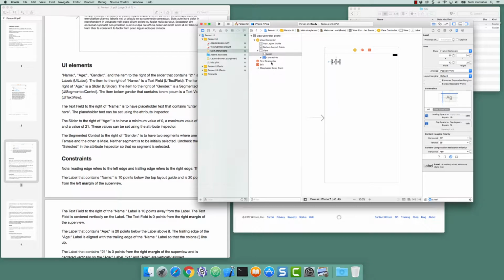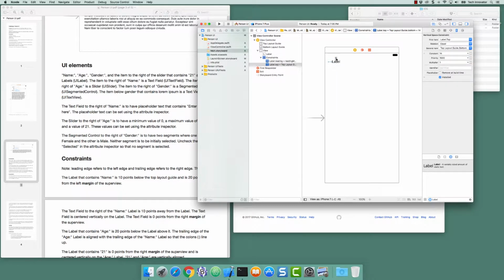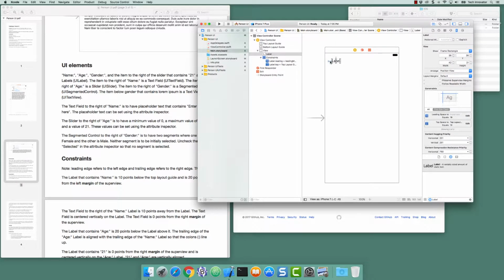And I can select the constraint here. I could go to the ruler and view the constraints, or I can double click on the blue line for the constraint. And so I wanted this to be 10 points below the top layout guide, so I make that 10, hit enter, click off of it, and then on the